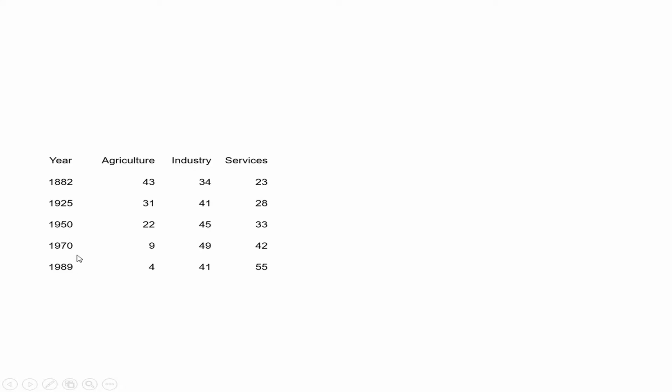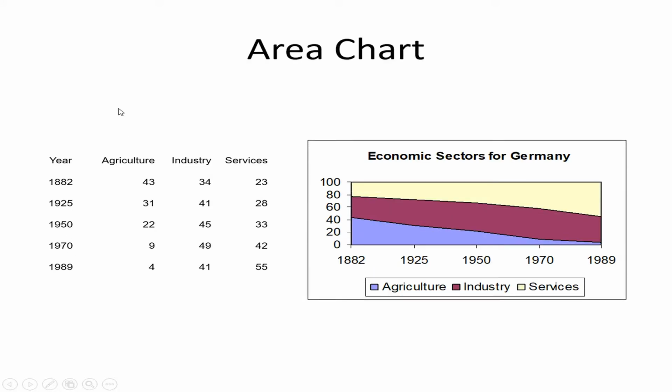Here is a series of dates. I have to check the dates as I said before. The intervals are not the same. Therefore, I used here an area chart to give you a pictorial image of the percentages. This country used to have agriculture as more than 40%, but because it's a post-industrial society, by the year 1998, the contribution of agriculture is small, and then the contribution of industry increased, and of course services comes number one in